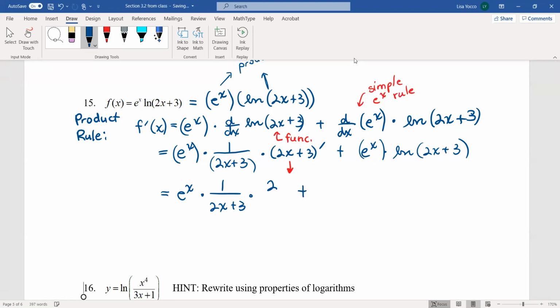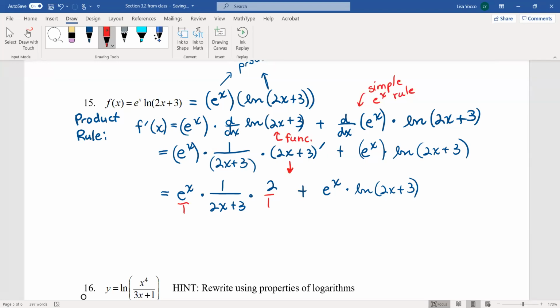Plus the other stuff, I'm just basically copying it. All right. Now, that's pretty much it from a derivative standpoint. About the only other thing you do here,